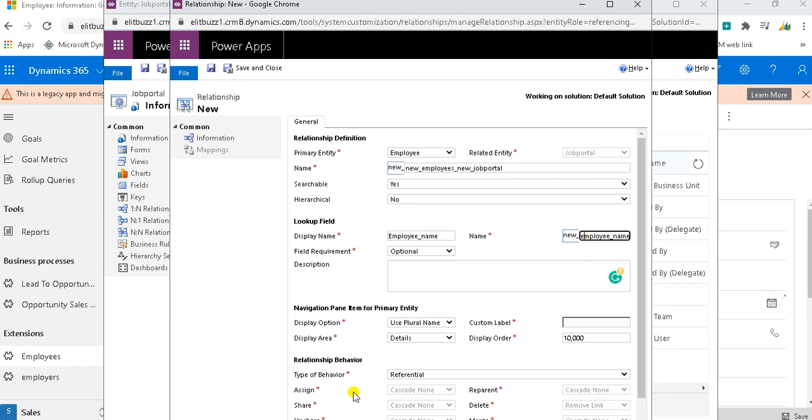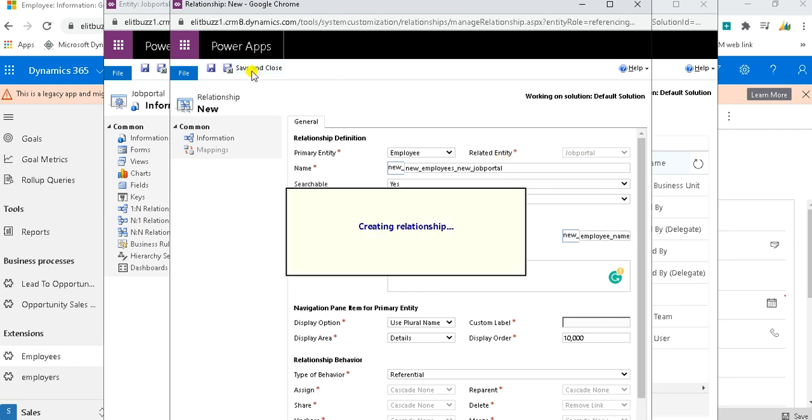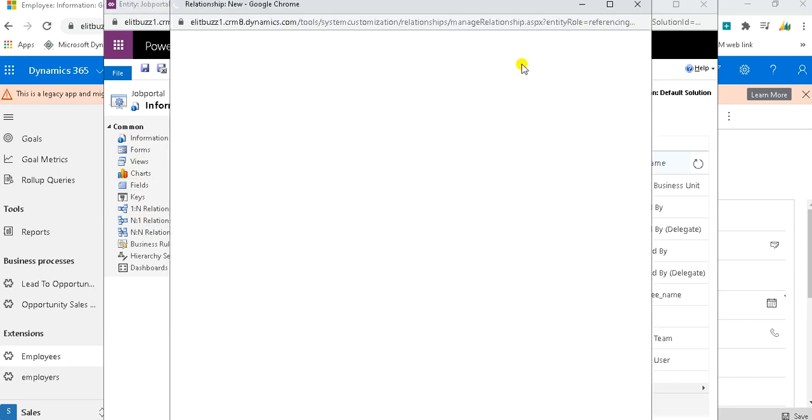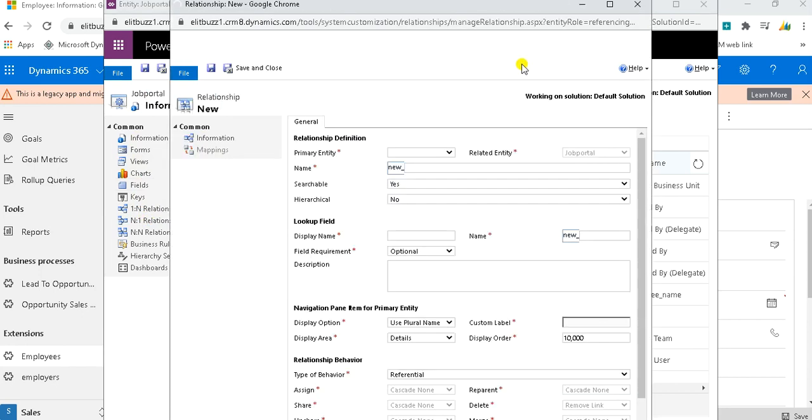This will be the employee name, and type of behavior will be referential. And related entities job portal. Save and close. And I am creating another relationship, NS2N relationship only, with employer entity.